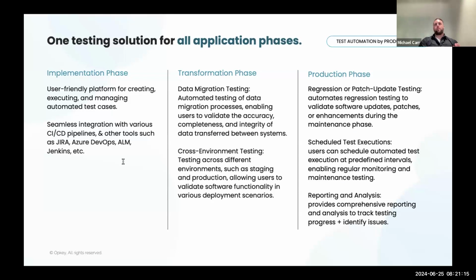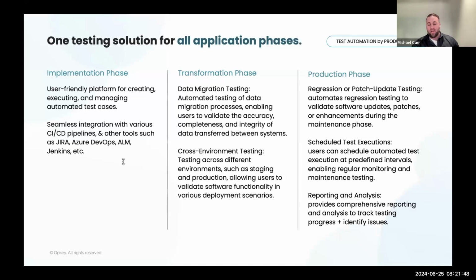downtime. All right, going into a little bit more of the use cases, this is an example of the different areas or phases that both our clients and partners look to use us in. When you're introducing Opkey or automation during the implementation phase, you can begin to use automation for that SIT cycle and that UAT cycle.